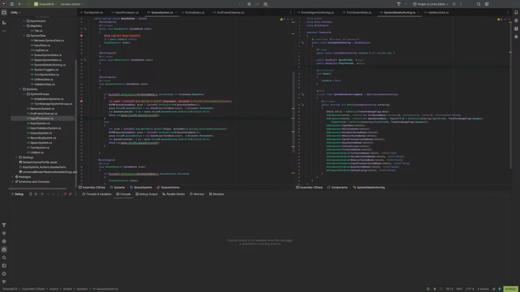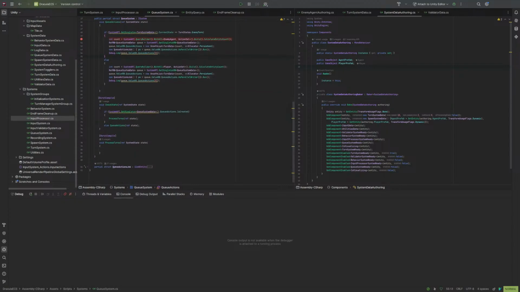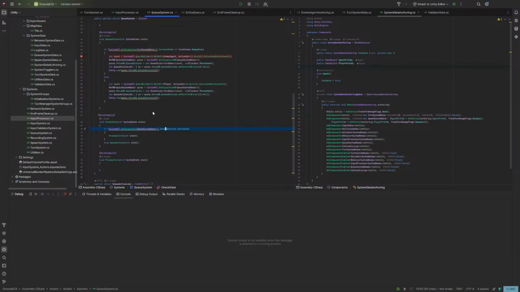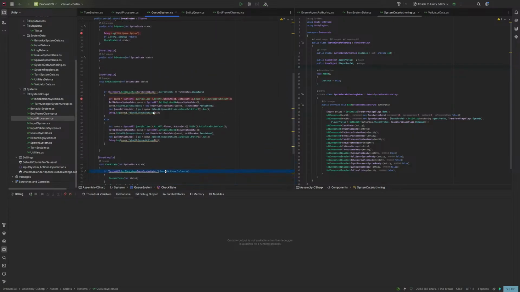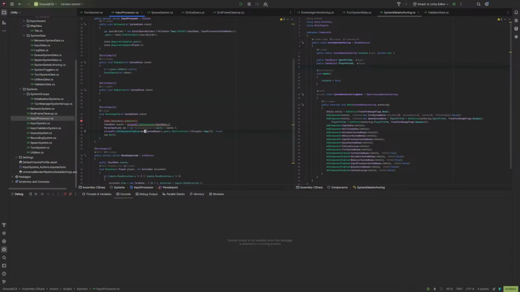Okay, so the issue is in the queue system. The queue system checks to see if it already has something in it when it goes to get processed. But what I haven't done yet is check to see whether or not something's ready to give to it. So what I've been doing instead was just to enable the system. But what I need to do is enable the system only if there's something in here. So what we should do is put that after. And we'll say if